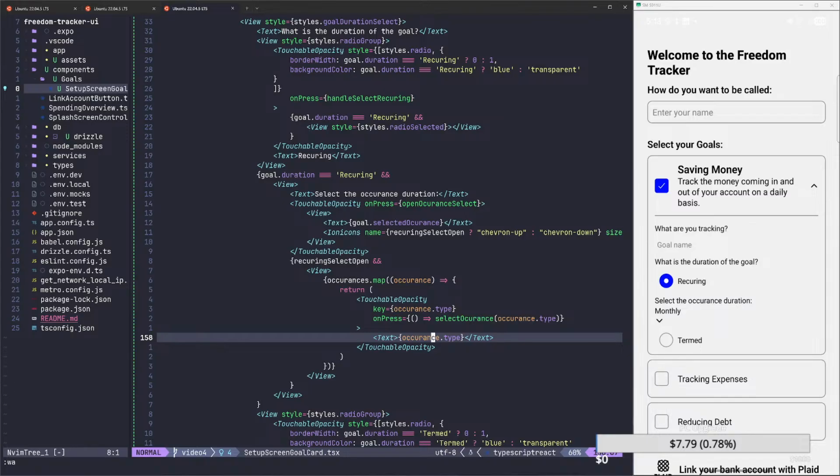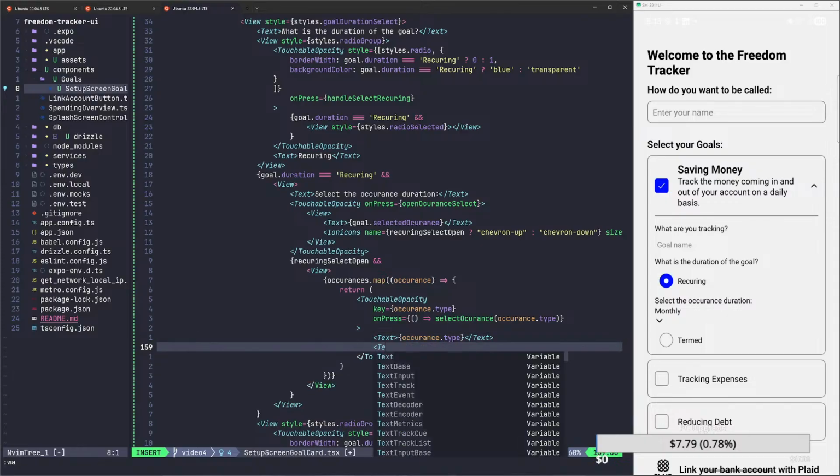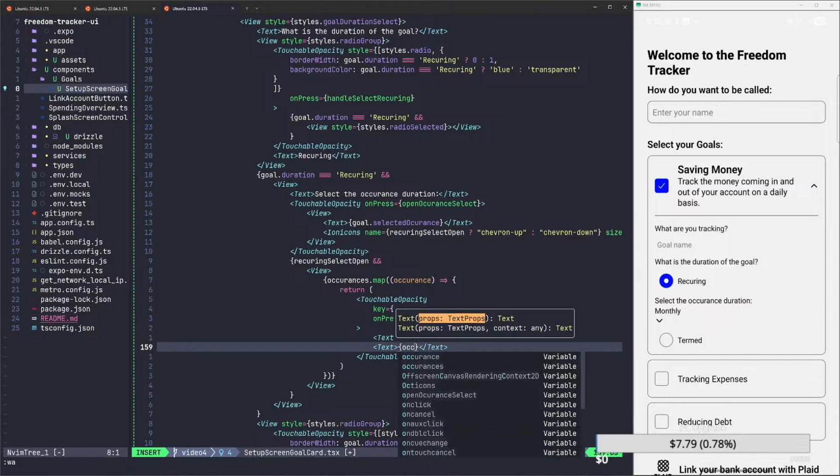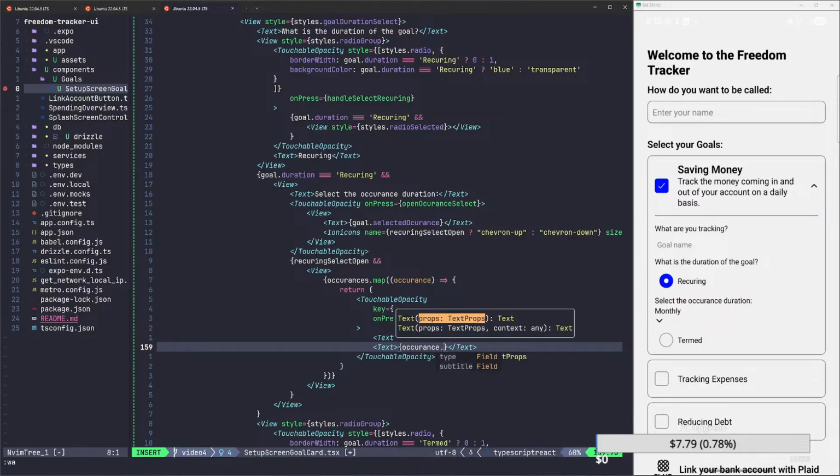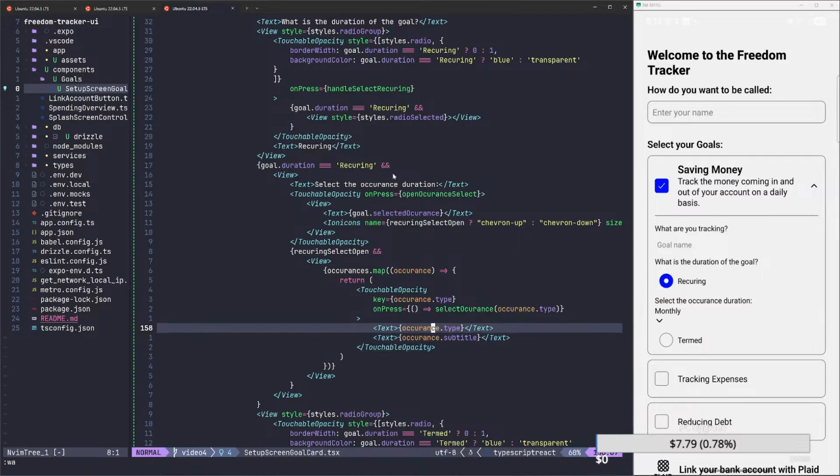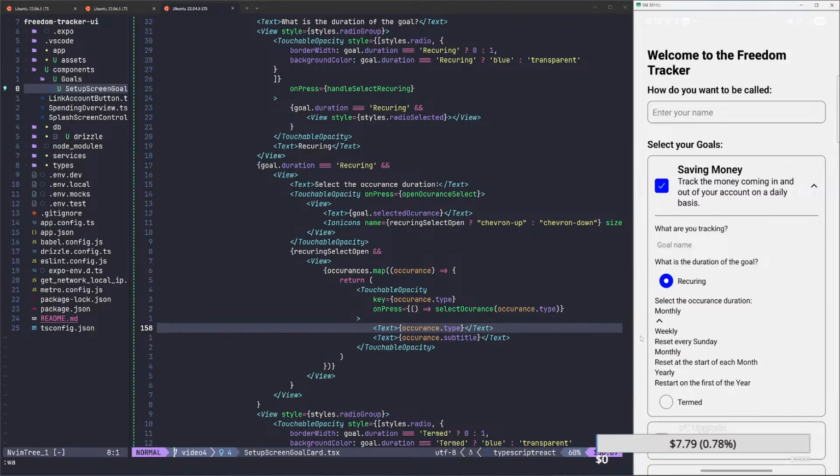So now we have that, and I'm wondering if we want to add, I don't know where to add the subtext. I don't know if we want to add it inside of the dropdown itself. Like we could do text and then occurrence dot subtitle, like that, and then have an asterisk that's like, okay, when you click on this, weekly reset every Sunday, monthly, or if we want to do it up here,